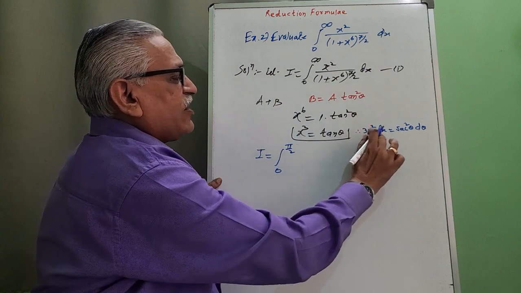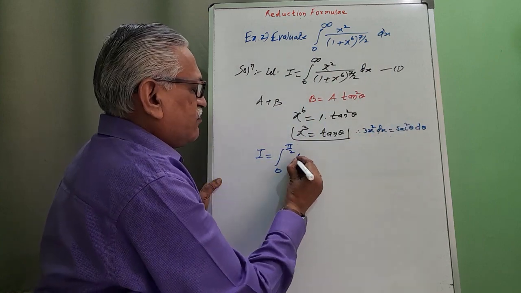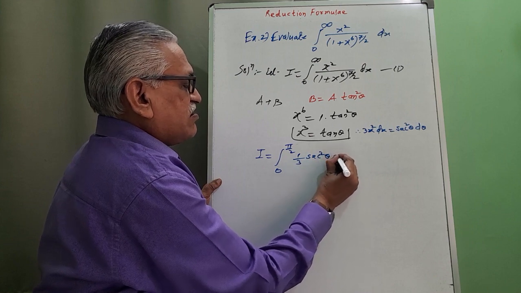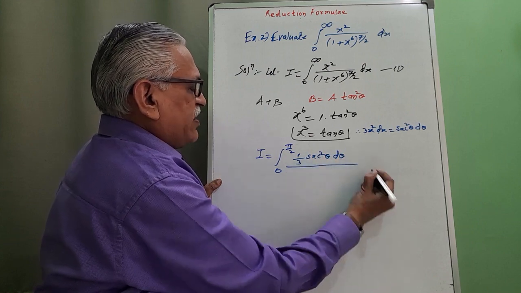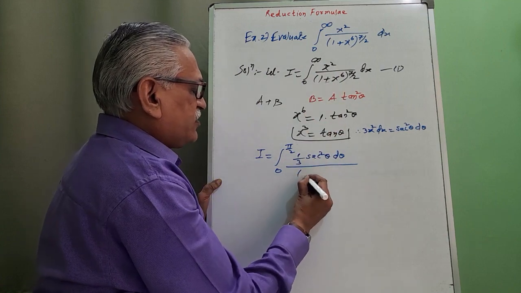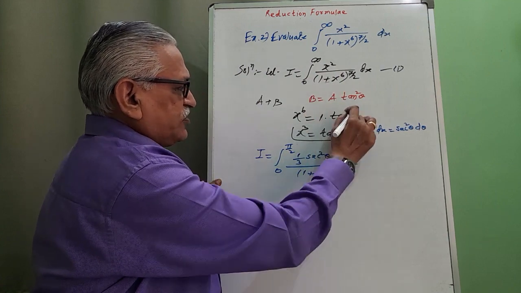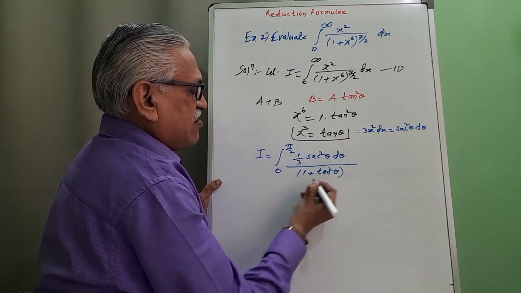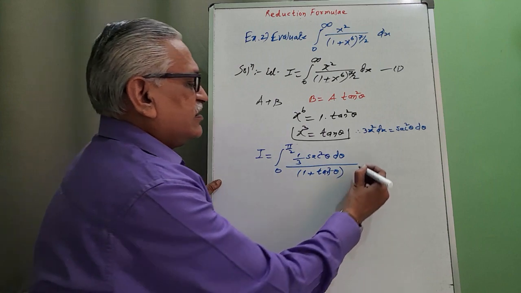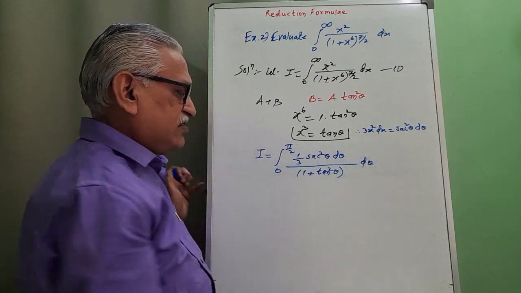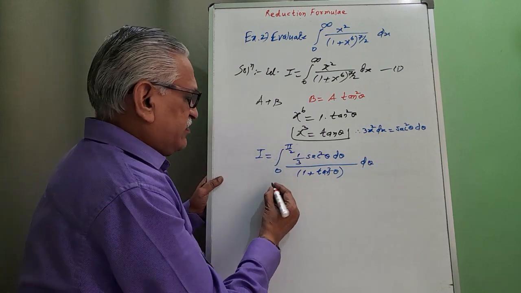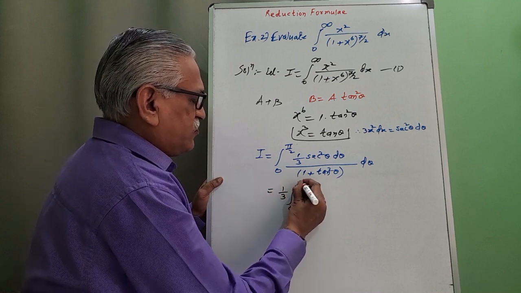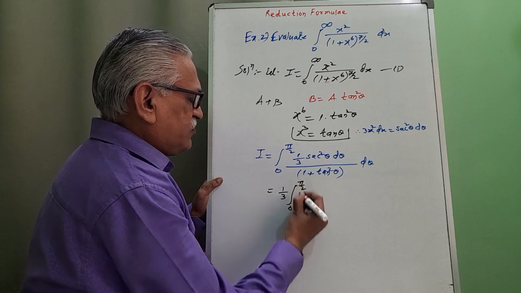X square dx, the value of x square dx as 1 by 3 secant square theta d theta whole divided by 1 plus x raised to 6, but x raised to 6 is tan square theta, and then d theta. Constant term we take outside, limit from 0 to pi by 2, integration from 0 to pi by 2,